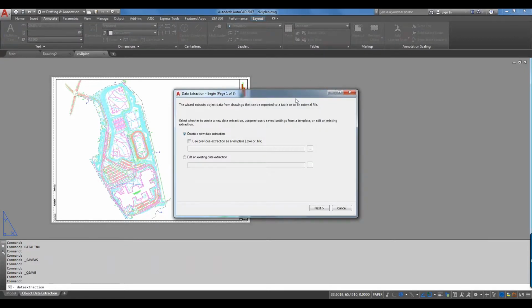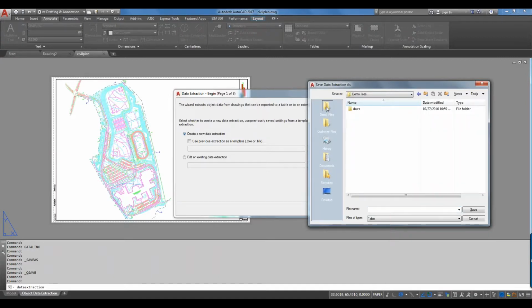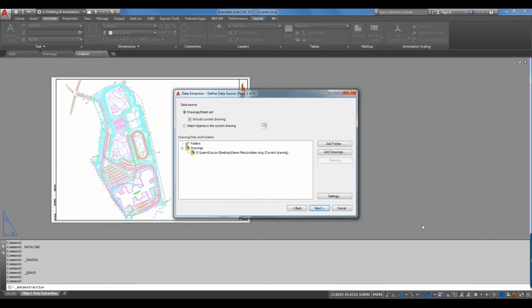Having done this, it brings up the extraction wizard, and we can either choose from a template that we create from a previous extraction, or we can even modify an existing extraction, but we don't have any of that, so we're going to start with a new one here. And I'll go ahead and just call this basically the same thing that I called my spreadsheet. You could call it anything. Call it Fred if you want, but it's usually better to call it something specific to the project. Okay, so having done that,